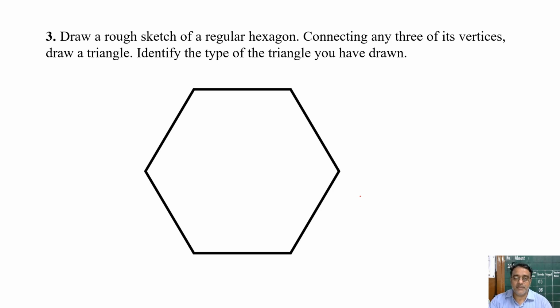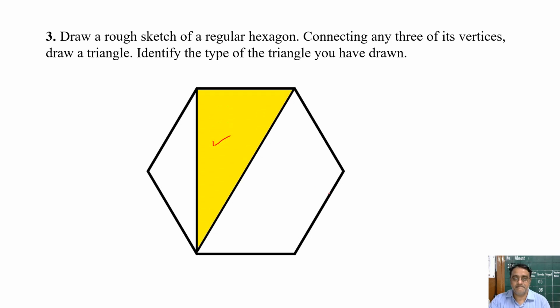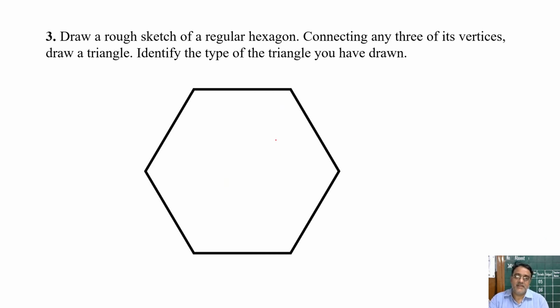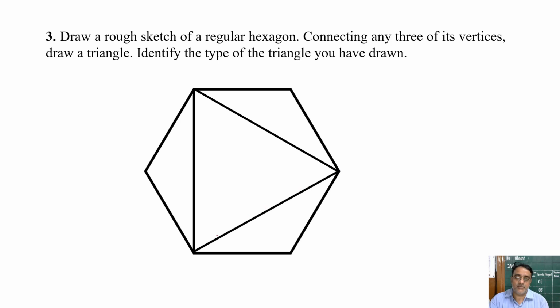So now I am going to connect these 2 vertices first. This one and this one. Okay. Now see this figure. This is a right triangle because this angle is 90 degrees. This is one way we are joining. So हम लोग दूसरे तरीके से join करके देखते हैं क्या मिल रहा है. ठीक है, फिर से ले लिए. Now we are joining this side and this side and this one. See this angle. All 3 sides are equal. So we are getting an equilateral triangle.